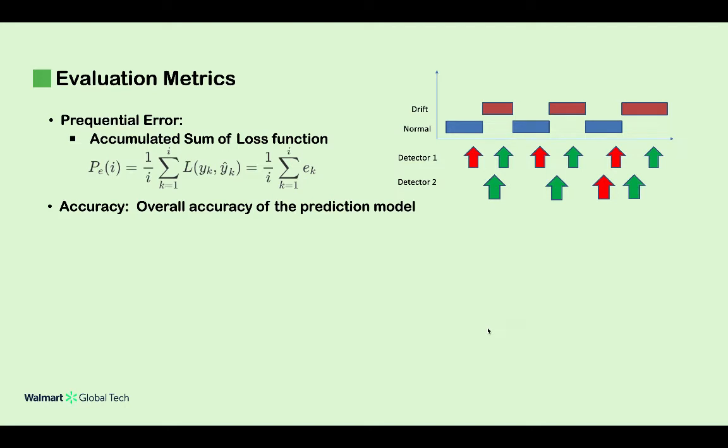Now, if I were to ask you which one of these two detectors is probably better for detecting concept drifts, it seems that detector 2 should be the winner, right? However, based on frequential error and accuracy, one would come to the wrong decision that detector 1 is in fact the better one. This happens because whenever a drift is detected, the model is retrained, and as a result, its frequential error goes down and its accuracy goes high up. And hence, one would say that detector 1 is better than the other, although it is not the case in reality.